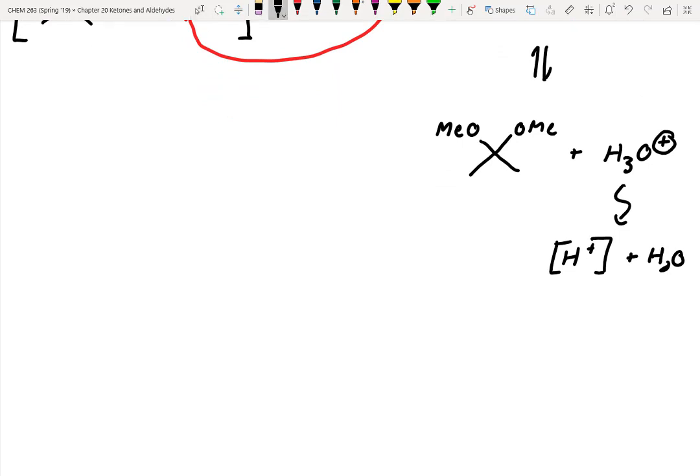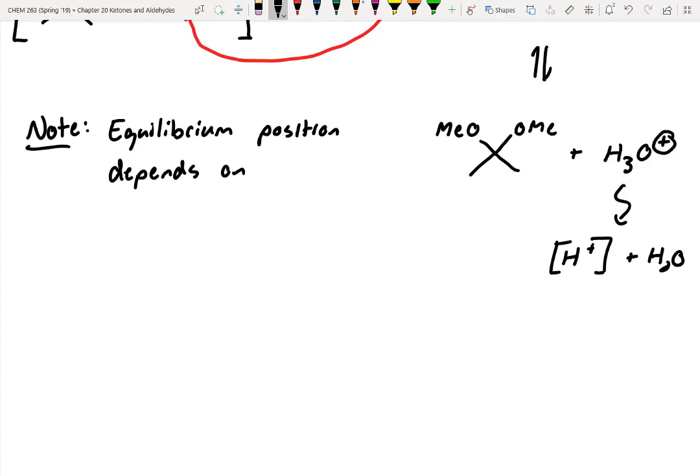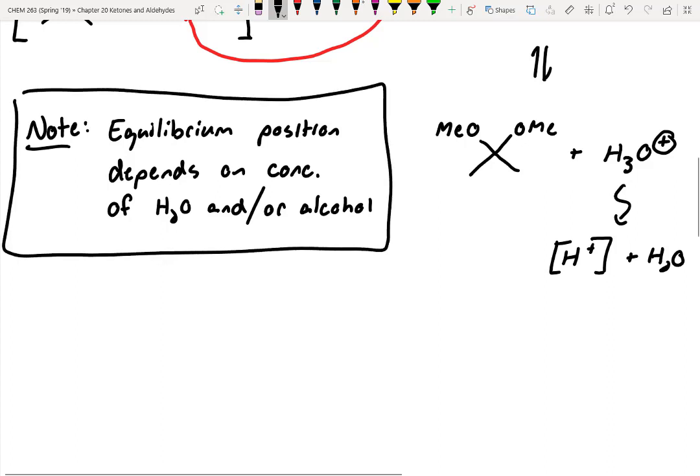All right, so let's make a note here about the reaction. I'm just going to fill it in this little nook. So equilibrium position depends on concentration of water and/or alcohol. So like I said before, we can use Le Chatelier's principle to our advantage here. So if we want to form as much of our ketal as possible, what would be best in terms of water and alcohol? Lots of alcohol. What about water? As little as possible, even better than as little as possible? Let's remove it, right? So actively remove it as the water is being made,